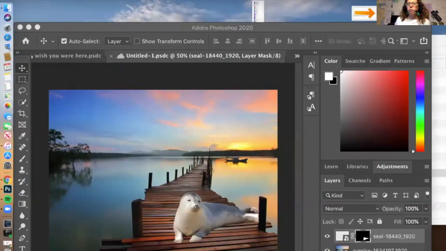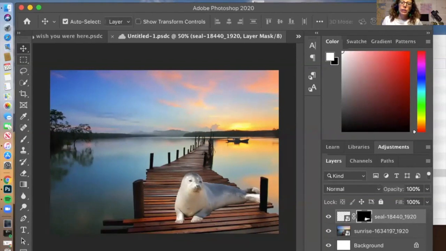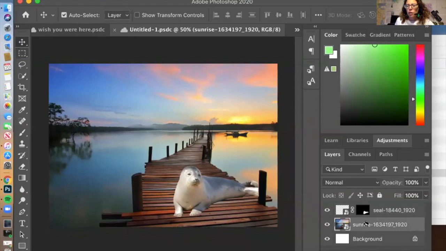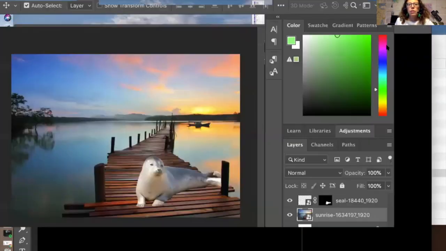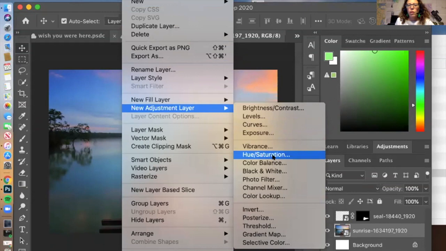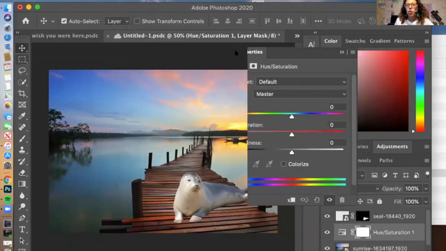So I'm gonna show you how to do it on Photoshop. And Photoshop is a better tool for these effects. You get better colors and you can be more precise. So if you are into photography, there is a lot more to explore in Photoshop. So again, I'm gonna go here to my sunrise layer. So I have to make sure I'm in my sunrise layer. Then I'm gonna go to adjustments, layer adjustments, and I'm gonna do a hue. And it's gonna tell me this. Okay, and then you're gonna see in Photoshop